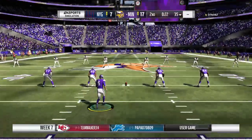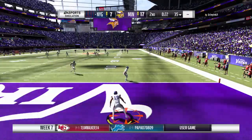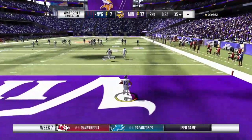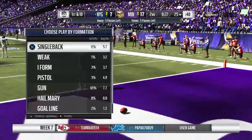Set now to kick this one away, and off it goes. That'll be taken in the end zone. And not wanting to risk anything here late in the half, he'll just...